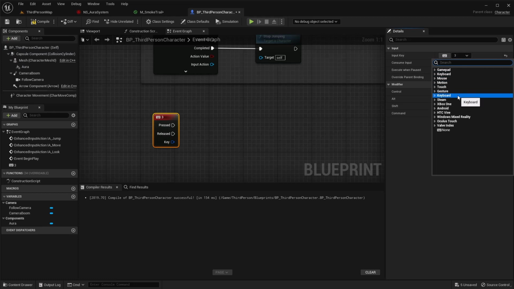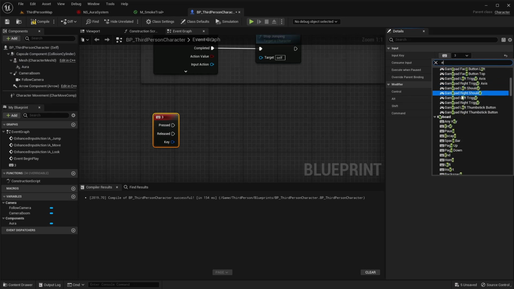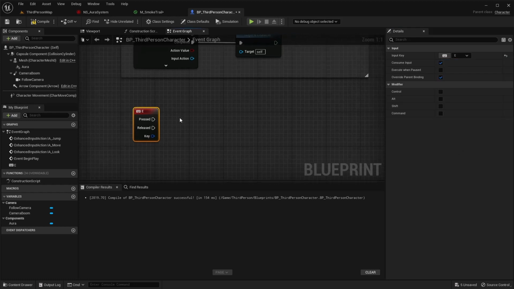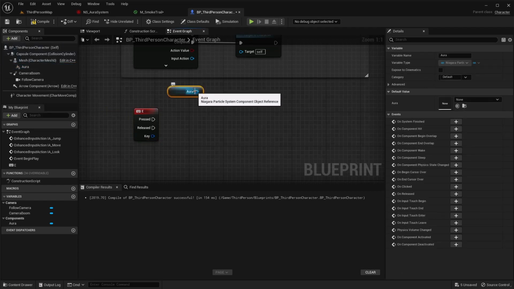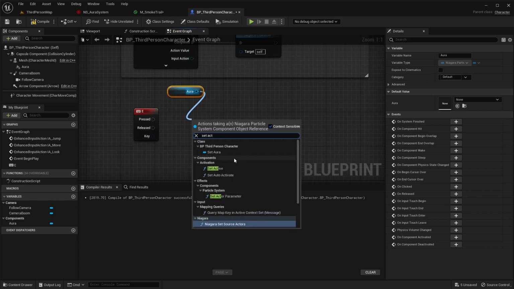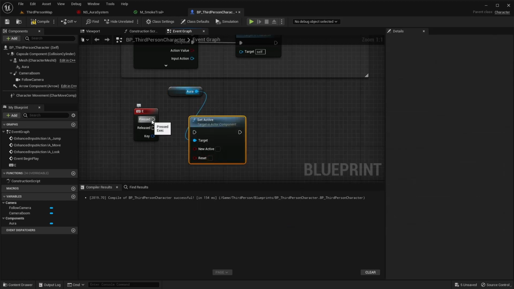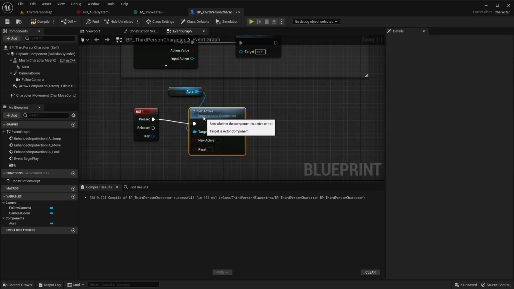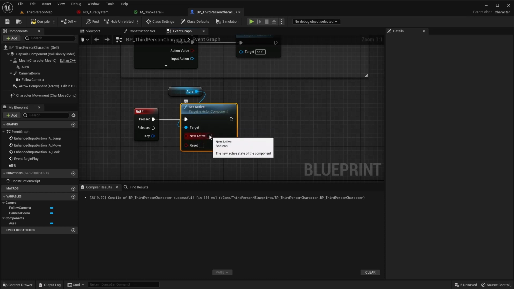We can make it anything we want. I want to do E. So to turn this on, once we press the E key, we want to get our Niagara system, and I want to say set active. Plug that in, and then you want to say new active, and you want to reset it.